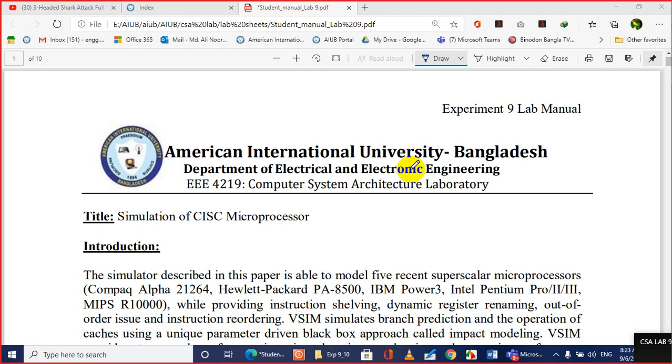Different design parameters you need to consider, and as you vary those design parameters, how it affects the system performance. That's the goal of this lab today. That means we'll change different design parameters of our computer system, and as we change a particular design parameter and keep other parameters fixed, how it affects the ultimate performance of your system, that we are going to measure through our simulation.